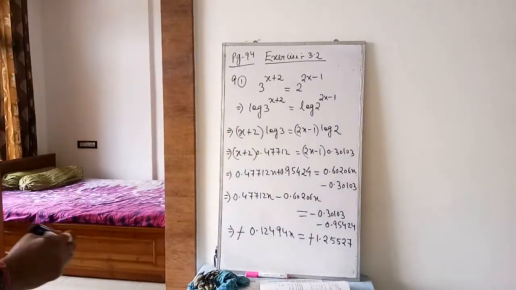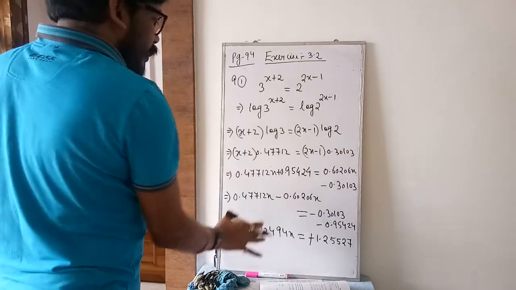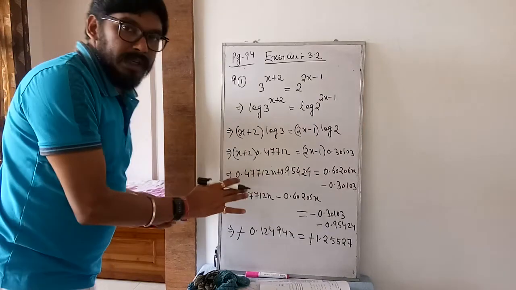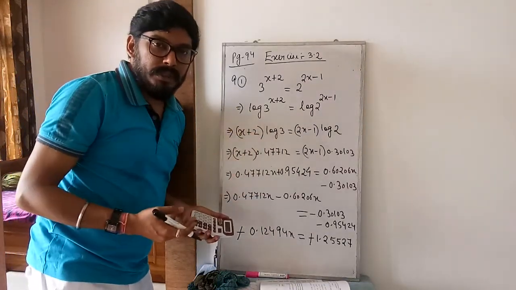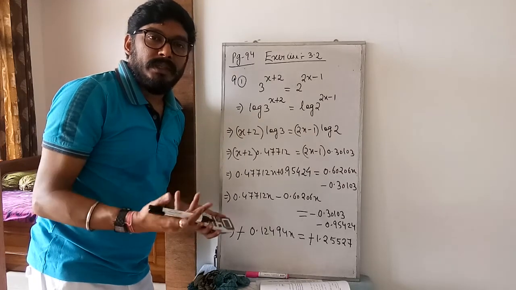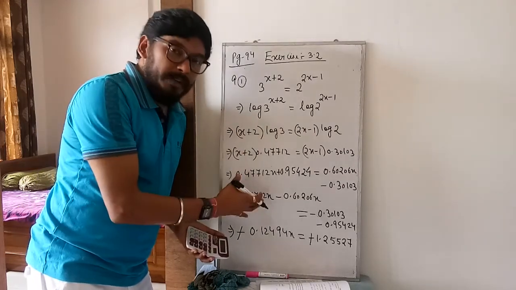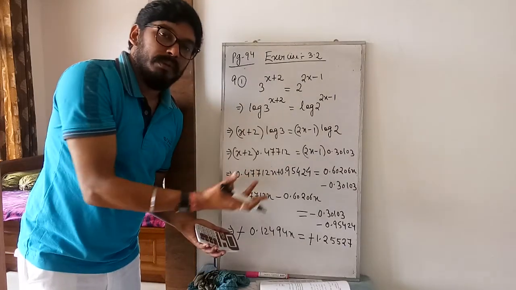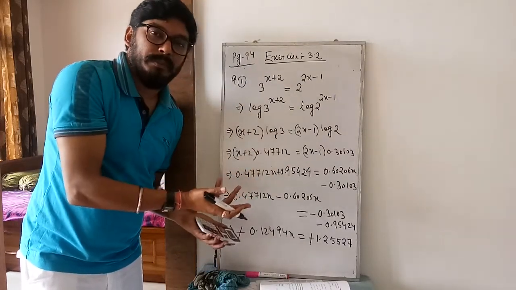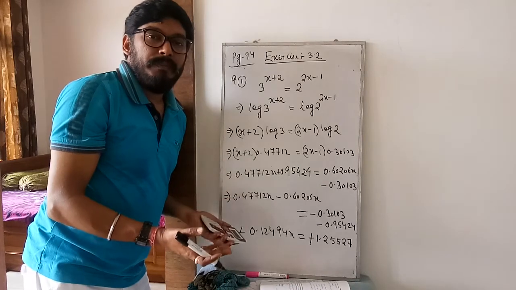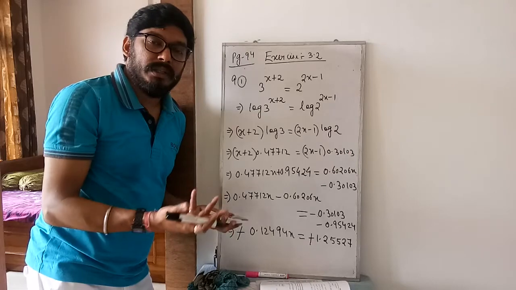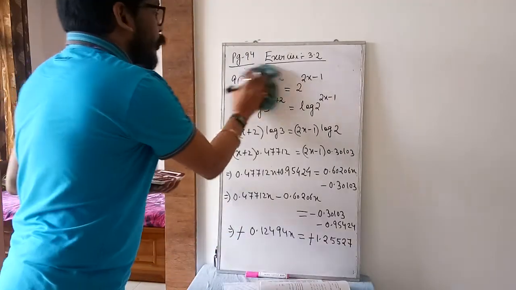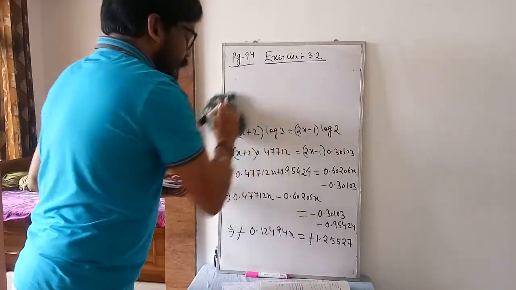Take the screenshot because I will rub the upper part. By chance, if in calculation, plus or minus, you find a mistake, please rectify by yourself, because once I rub it, I am unable to see the mistake which I have done in the sum, since it is a video session. The process is the same, the concept is the same. Somewhere you may find a mistake in plus or minus. You just rectify yourself. You don't have to panic.